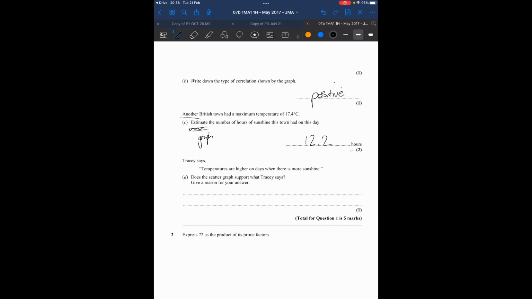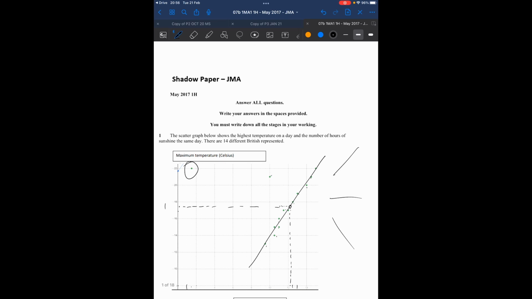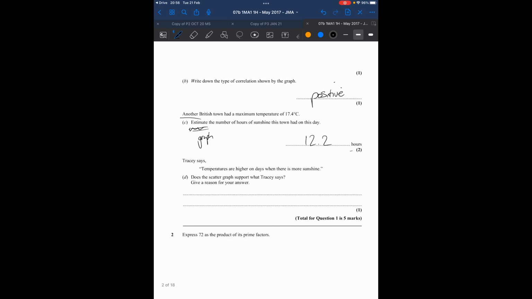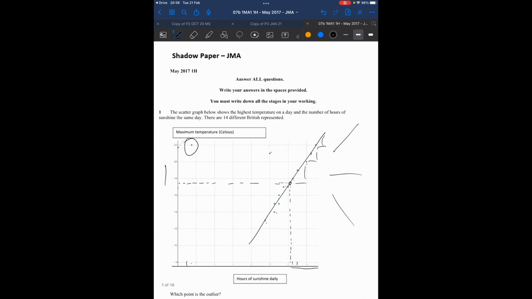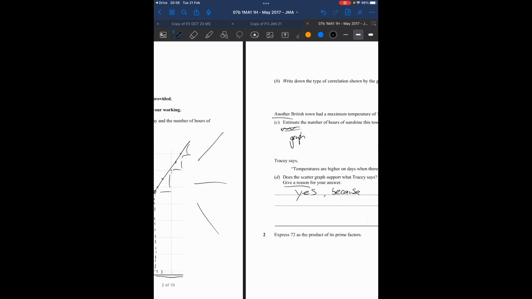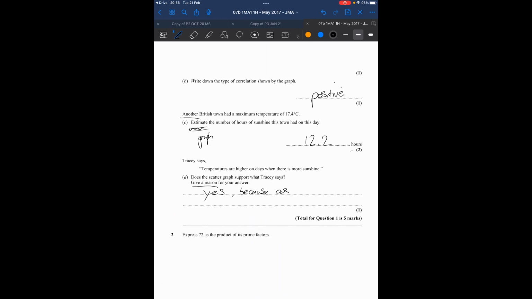Tracy says temperatures are higher on days where there is more sunshine. More sunshine, higher, yep, okay, I would agree with that. So does the scatter graph support what she's saying? Well, we're going to say yes. Give a reason. Yes, because, and I would say something like, as the number of hours of sunshine increases,